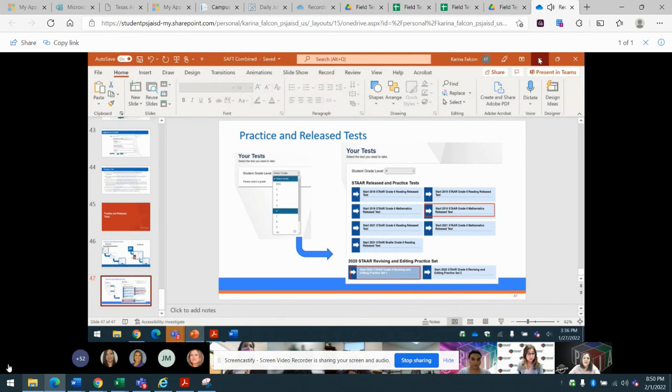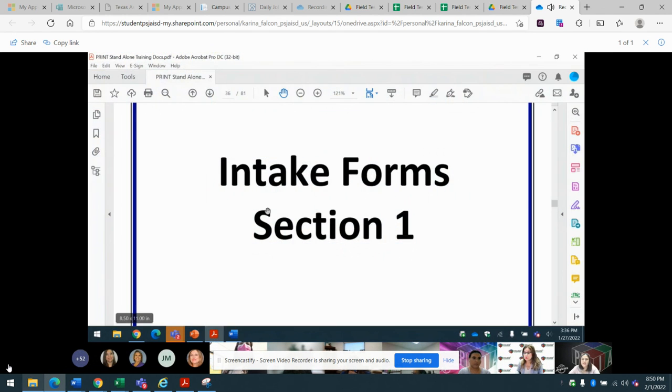Now the last section that we have is our intake forms, which is going to